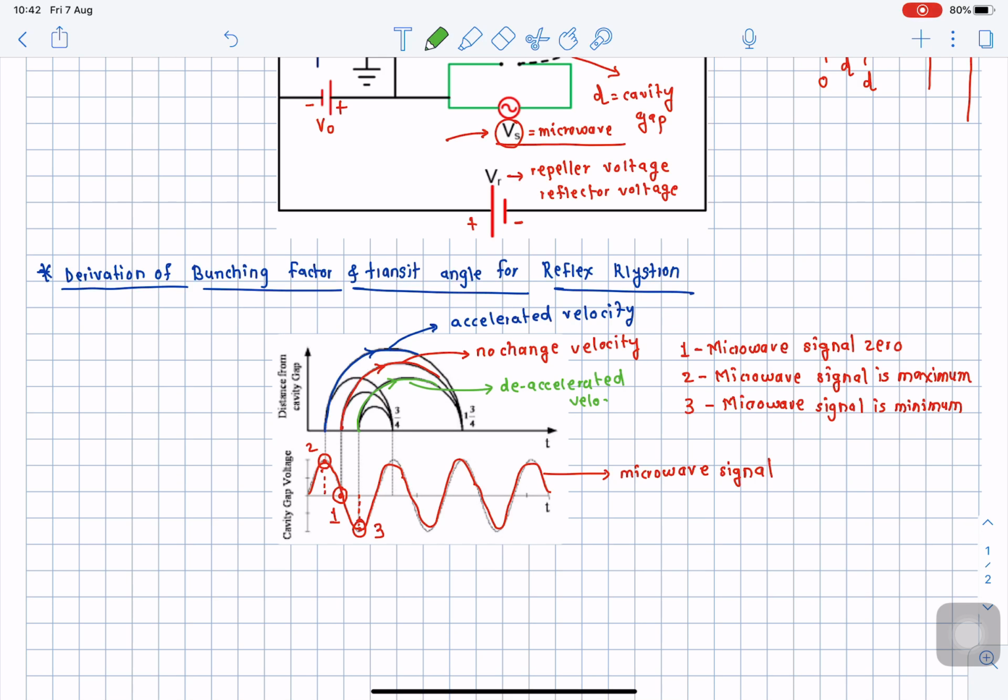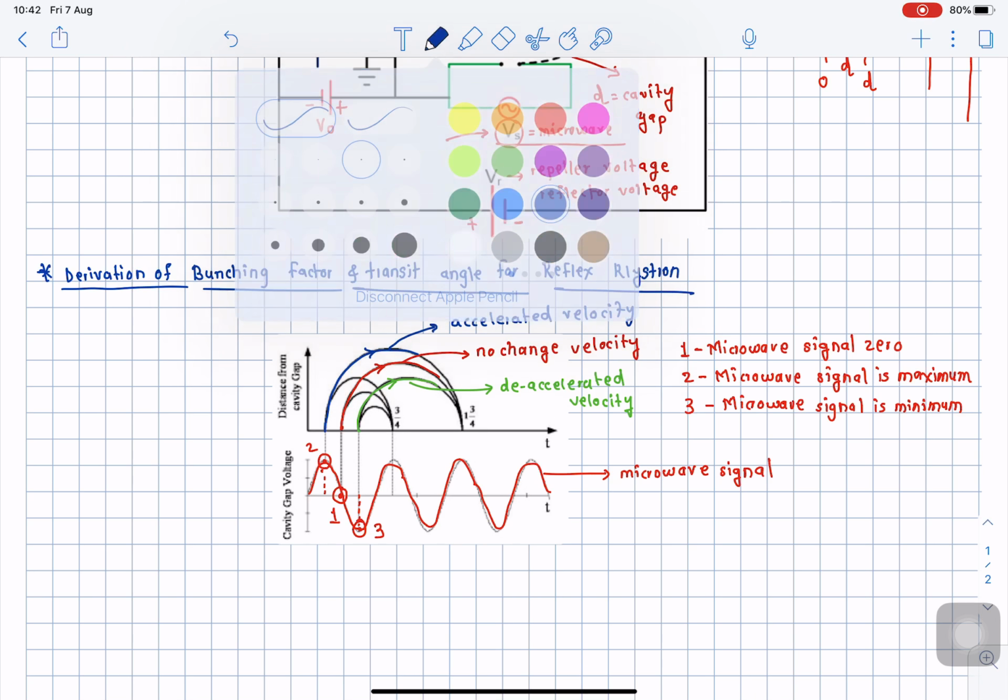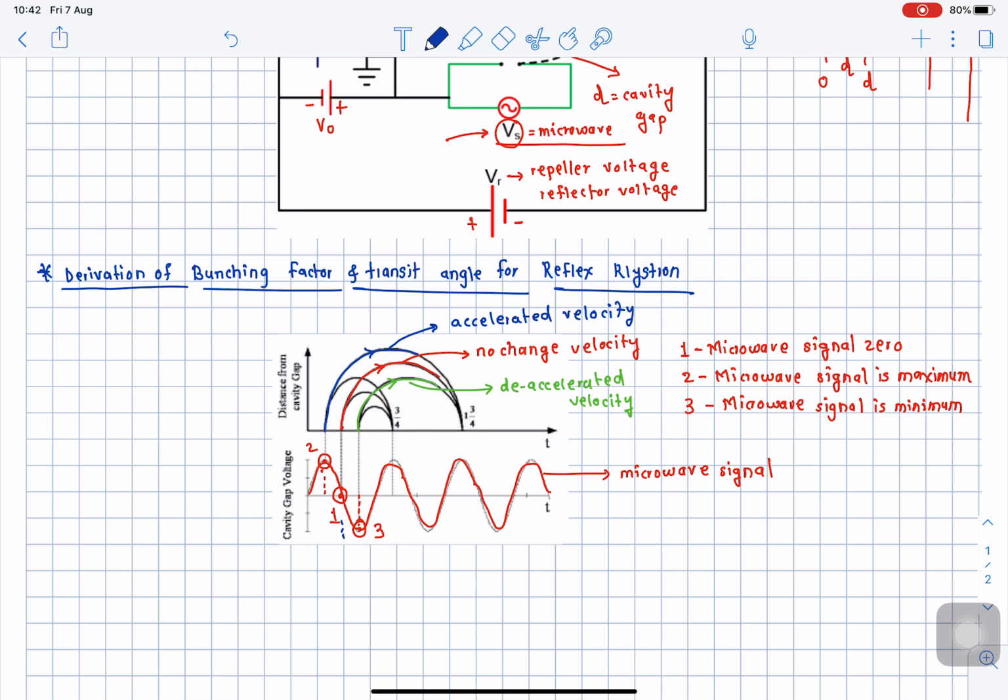So what happens then? This process will continuously take place: acceleration of the electrons, deceleration of the electrons, and no change in the velocity of electrons. This will continue, and if you consider the reference electron over here, I will choose this color now. Let us choose a reference electron where the microwave signal is going through its